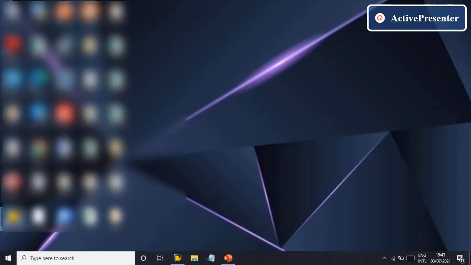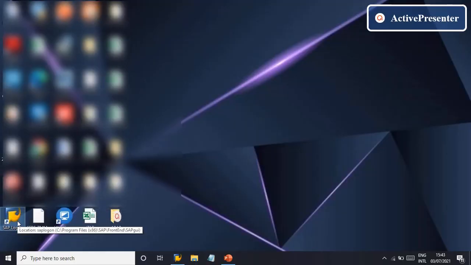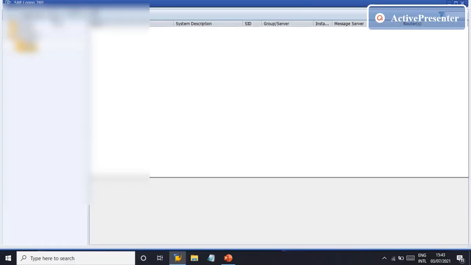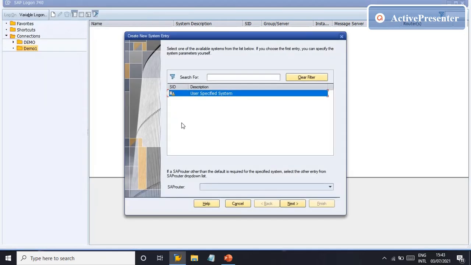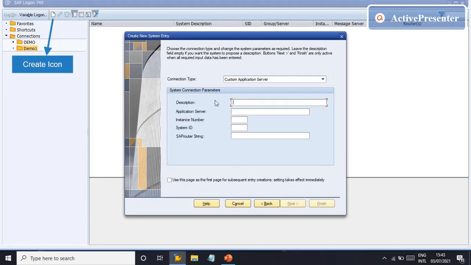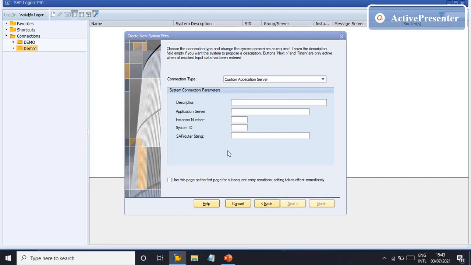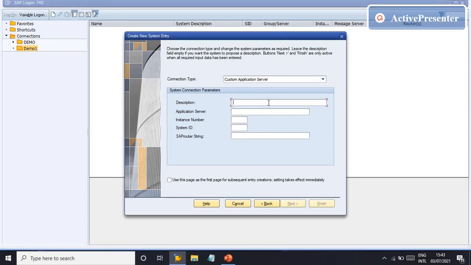An icon like this will appear on your system. Just double click on this icon, then click on the create button over here, and select next. Now you have to fill in the application server details and then click on the next button. Say for example, I'm creating it randomly.